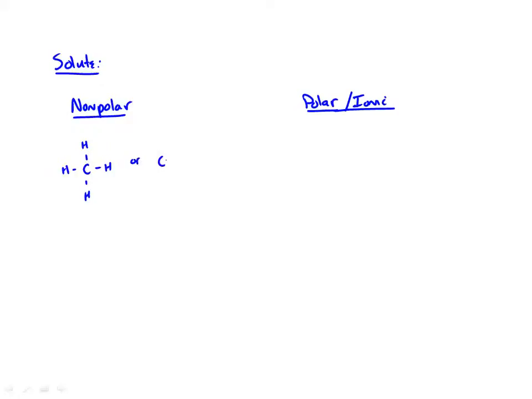Okay, so for the solute, we have two types of compounds that we can talk about. We can talk about things that are nonpolar solutes and things that are polar, or we can even go so far as to say ionic is probably the easiest to think about. So what are things that are nonpolar? This is going back to that chapter 11. For instance, this is an example of a molecule that's nonpolar. Or for instance, carbon dioxide is a molecule that's nonpolar. It means that there's no separation of charge. Therefore, they do not interact with water